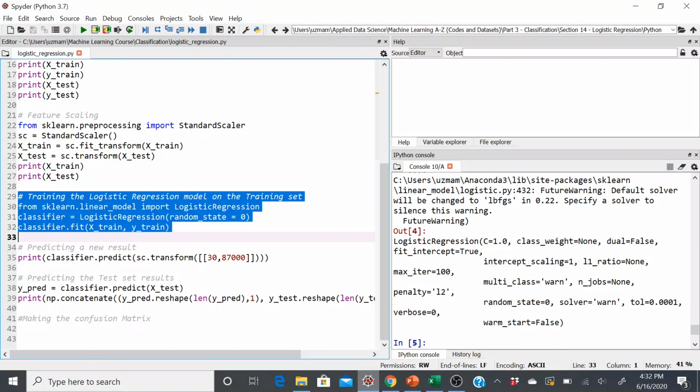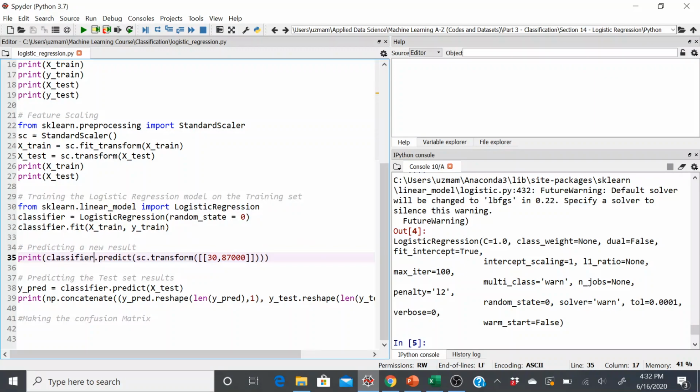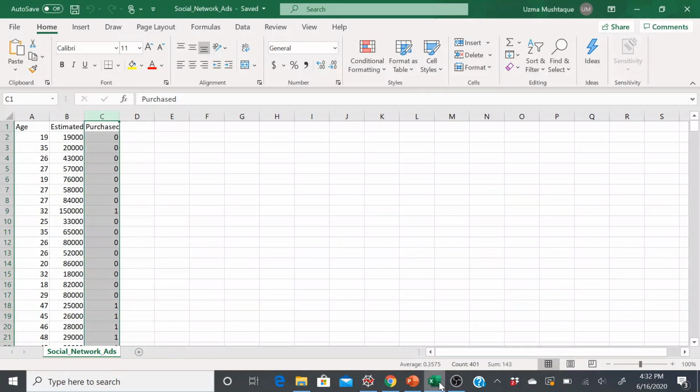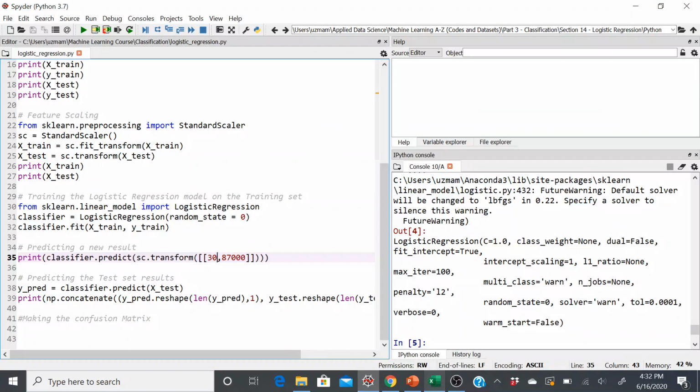Okay, so the model is created and you can see the different outcome values, which essentially do not make a lot of sense yet. They will make sense when we do predict. We have seen predict before with regression, but now notice the name of my instance is classifier. So I'm doing a classifier.predict, and then obviously I'll have to transform because I'm directly trying to find out if the person whose age is 30, right? Because this is how my data looked like, and whose salary is around, let's say 87,000,